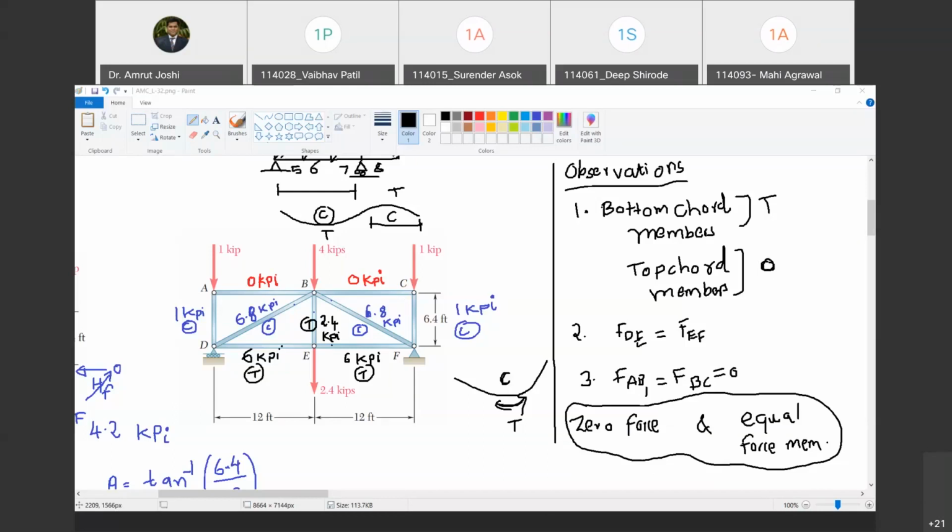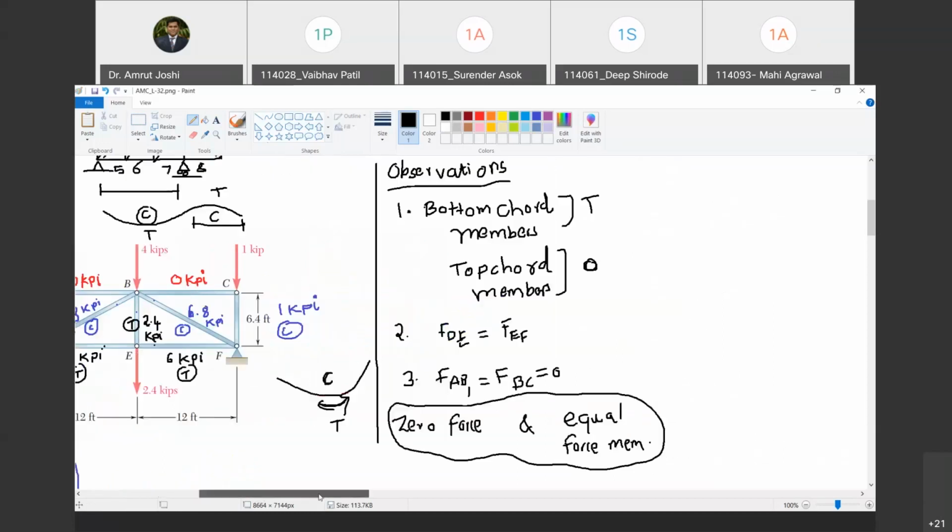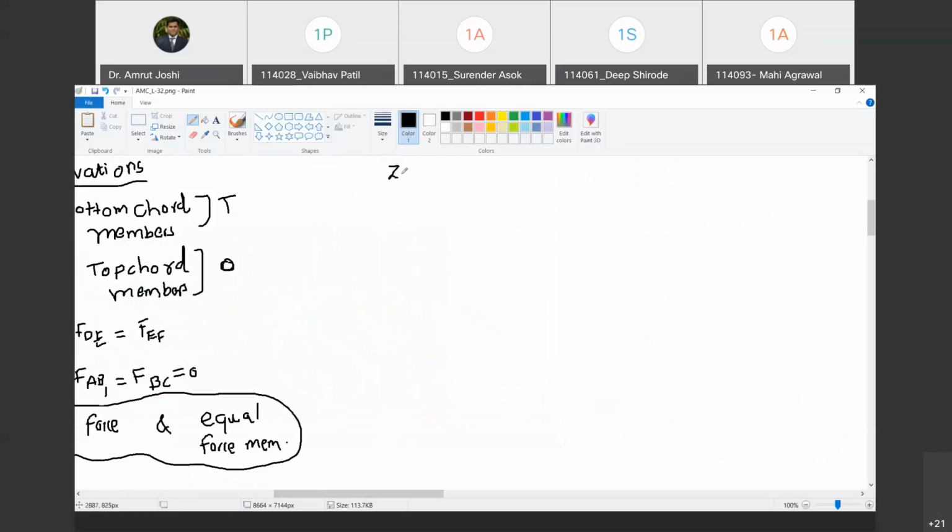Yes, sir. Okay. So the answer to that question, ideally I should give it first, but I will preserve it for the next class. Let me first state the rules of identifying zero force members. Are you with me? Yes, sir. Now, the language in which I am going to state the rule is going to be different from the language that you find in books, simply because I am going to be more precise than the books. The language is going to be a little different, meaning almost the same, but the statements that I am going to give you are more precise. Are you with me? Yes, sir.